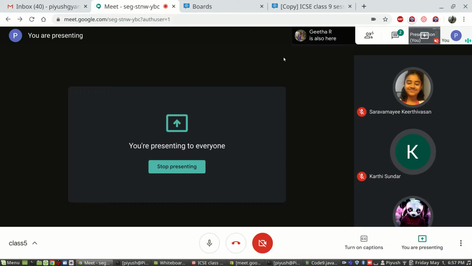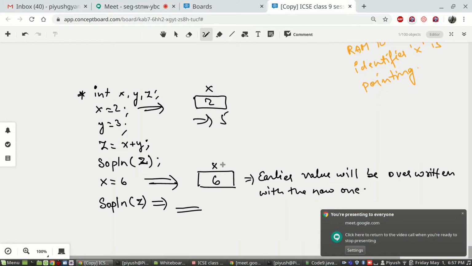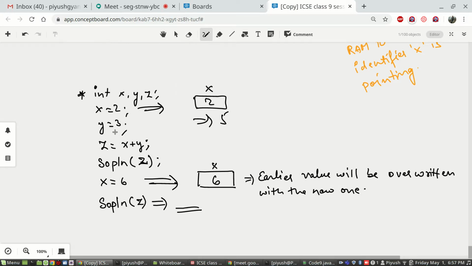Why will it remain the same? Let us analyze. This line is key to your answer.